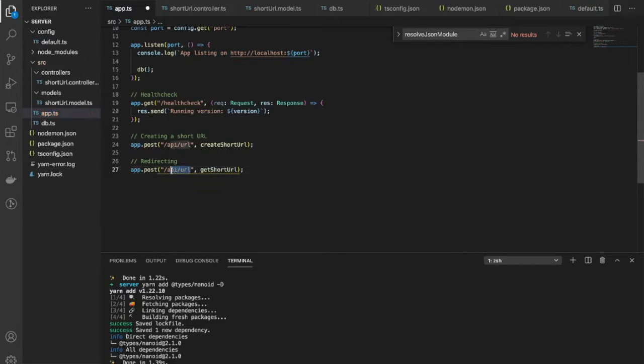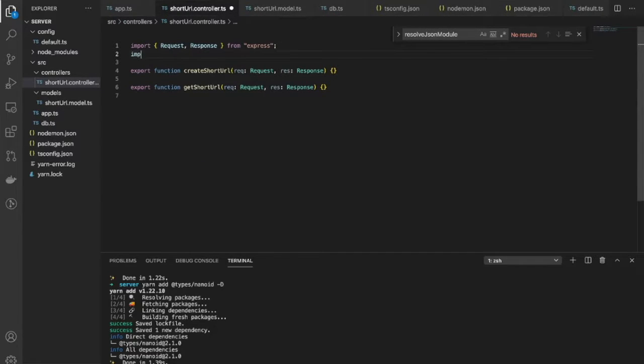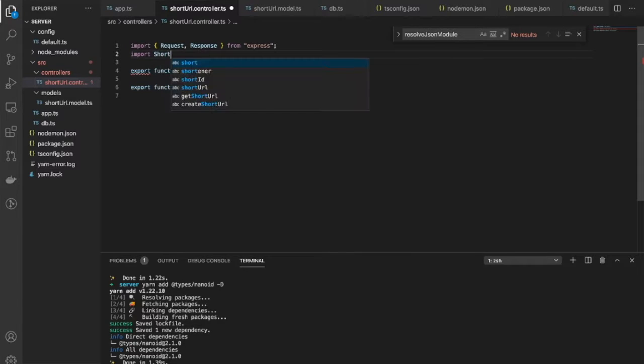So the handler for this needs to be a star because we want to capture all URLs in here and then find their short URL and redirect them. So let's come back to our model. We can import our short URL model from